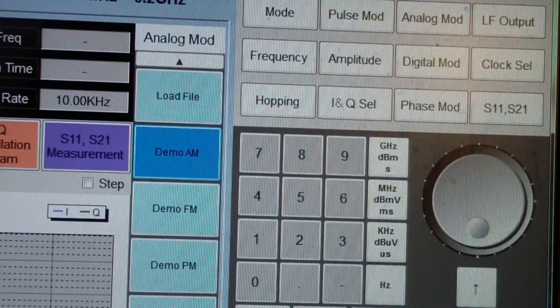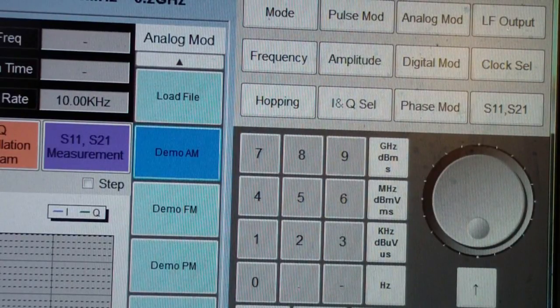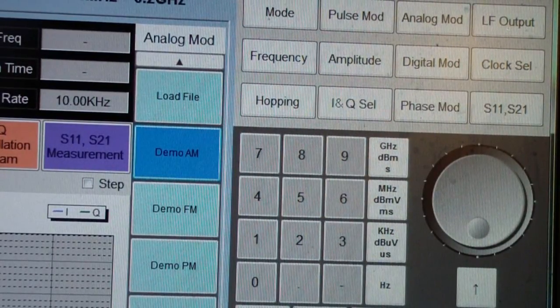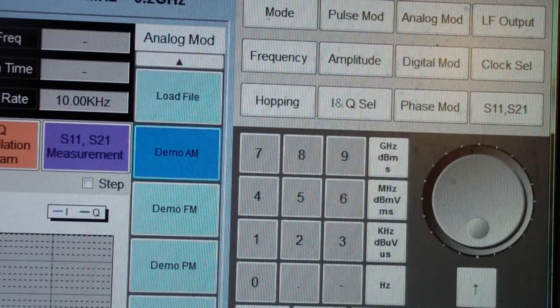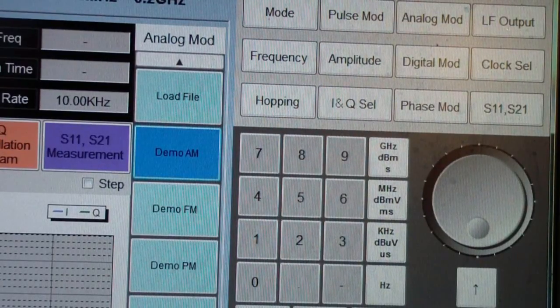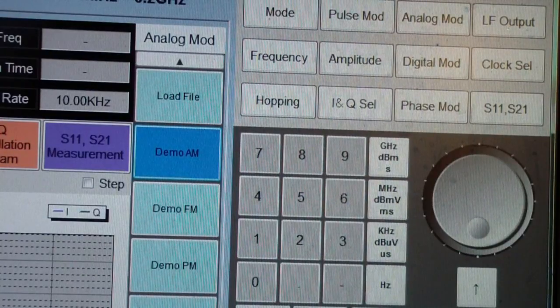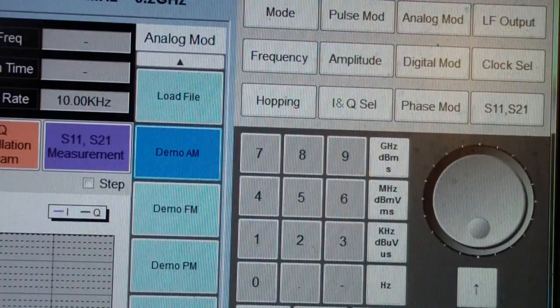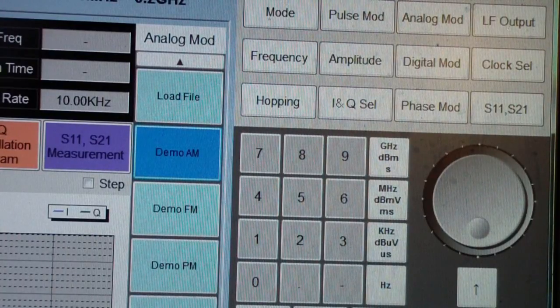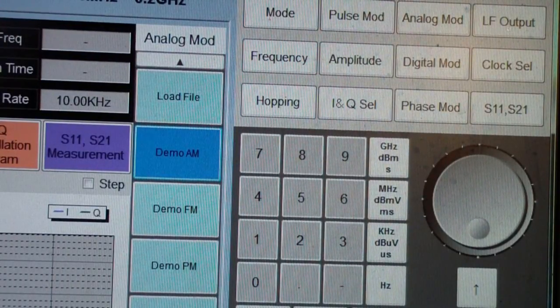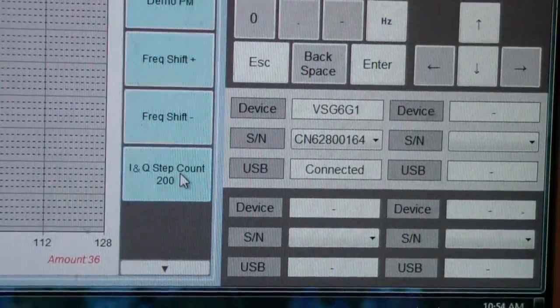Now this requires a little bit of interpretation here. The modulation frequency is actually 1/2 the I and Q count or step. In other words, there's 2 steps per hertz. So we click down here on the I and Q step count,